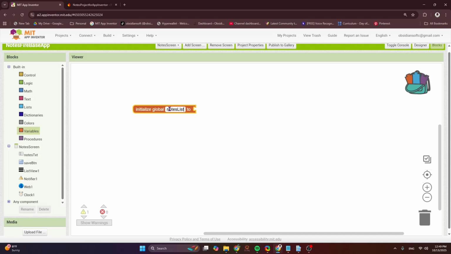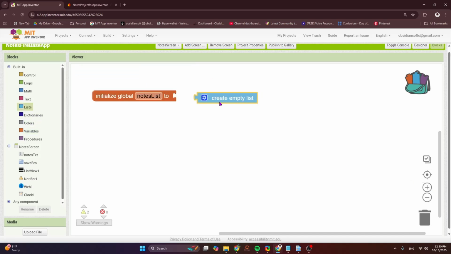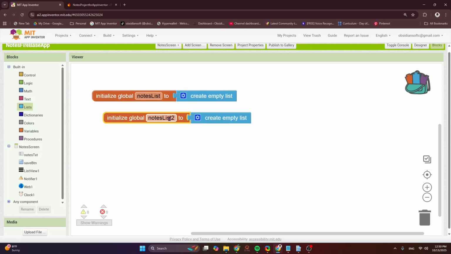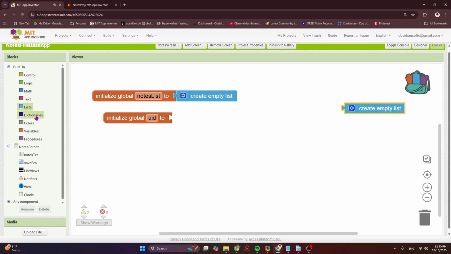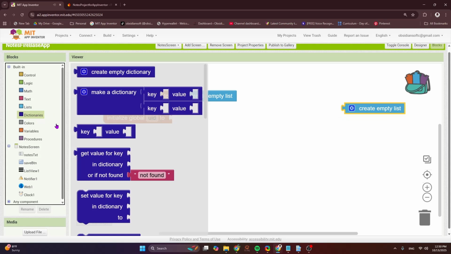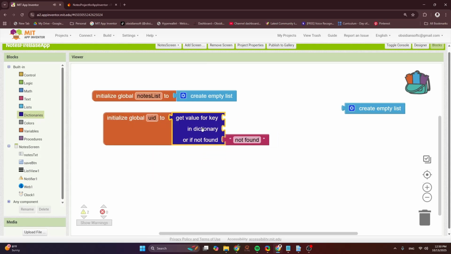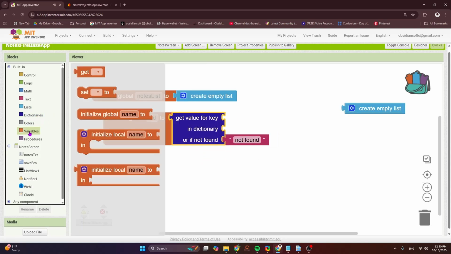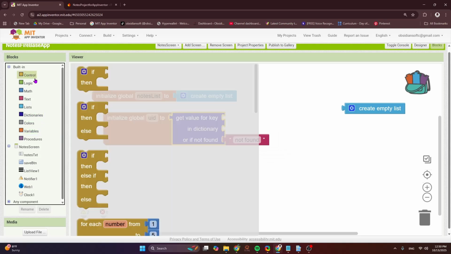notes list. Okay, and we need to also get our UID and tokens back from the start value. So right click, duplicate. This is now UID. Okay, and this is from dictionary, get value for key, where the dictionary is from control. If I go down, the start value,